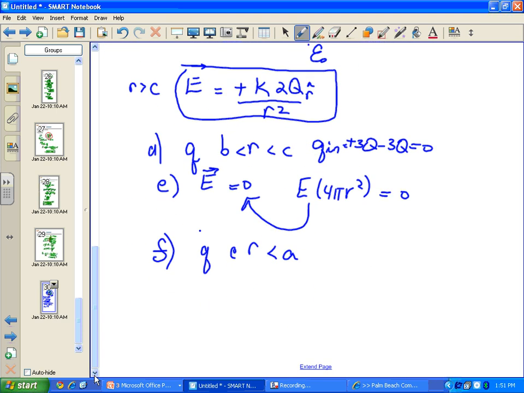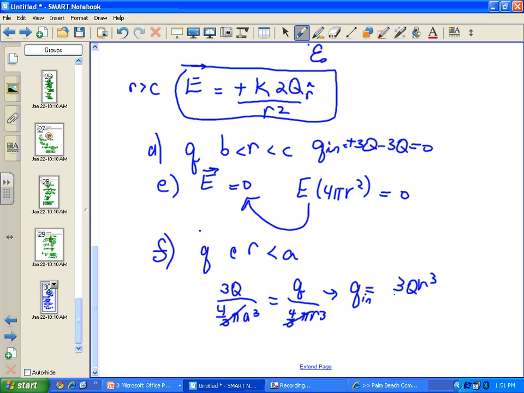And so we must take into account that the ratio of 3q, the total charge on the sphere, over 4/3 pi a cubed equals lesser quantities of charge over 4/3 pi r cubed. Well, again, 4/3 pi cancels, and so the charge inside is equal to 3q r cubed